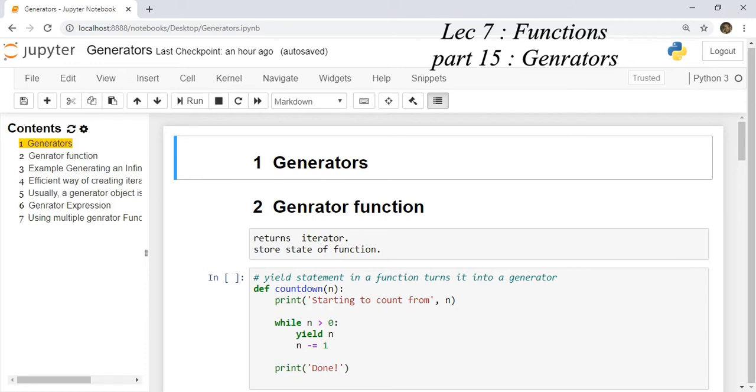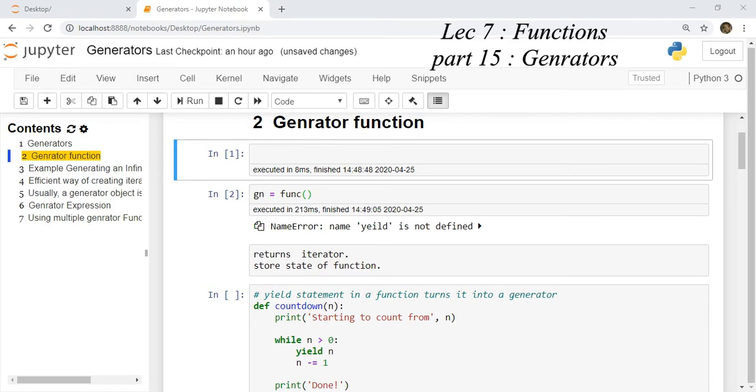There is an implicit way of creating an iterator which can iterate over your container using a generator or generator functions. Python generators are a simple way of creating iterators. A generator is a function which returns an iterator object which can be iterated over. Now we understand a generator function with an example.